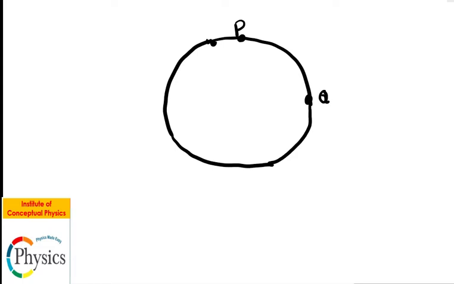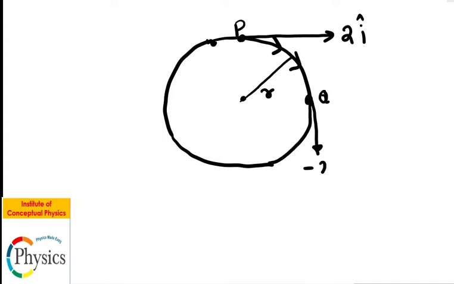So what you have to do is, this body is traversing, the radius is known to you, the radius is r, and the question is, what is the acceleration of the body somewhere in the middle of P and Q. So if you see the velocity here is in this direction, maybe the velocity is 2, so you can say this is 2i. The velocity here is minus 2j because it is completely downwards in negative y-axis. You have to find the acceleration of the body when it is in the middle of points P and Q, which could be point R.